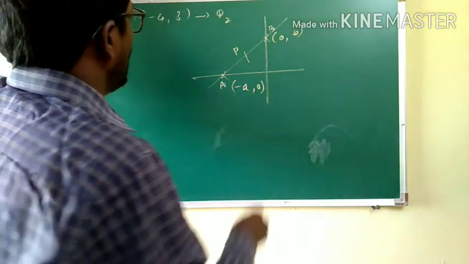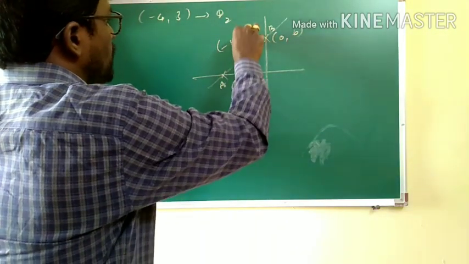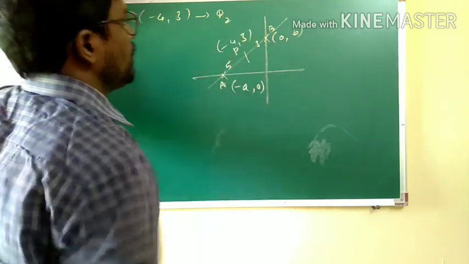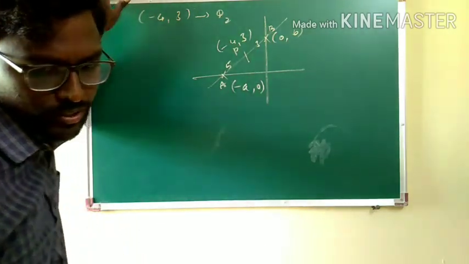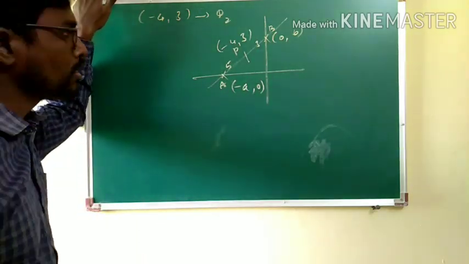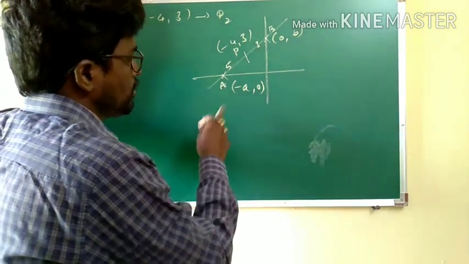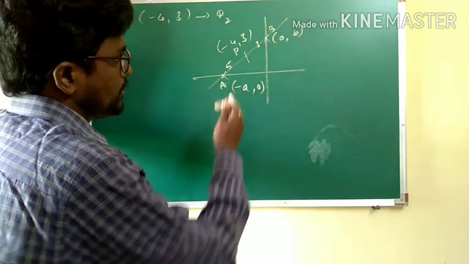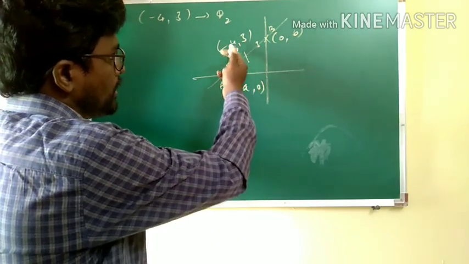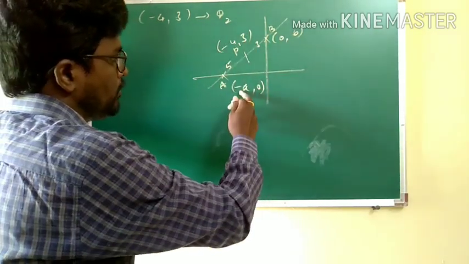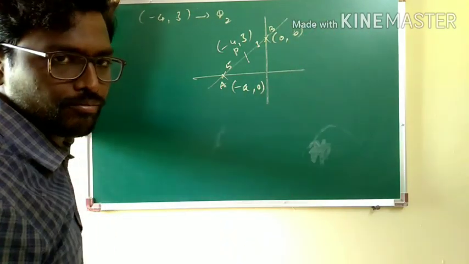Okay, and this point is minus 4 comma 3, and in what ratio? 5:3 ratio. What ratio is mentioned here? 5:3. Therefore, using the internal division formula, the section formula, I can take the x coordinate and y coordinate of P and equate them to minus 4 and 3 to obtain the values of A and B.